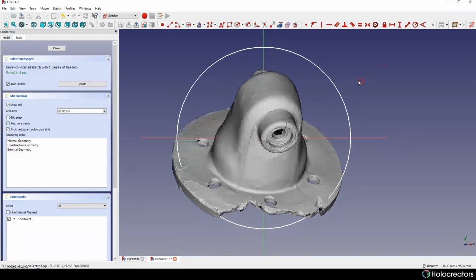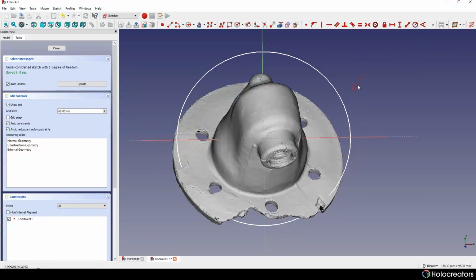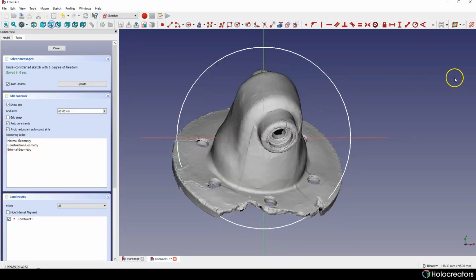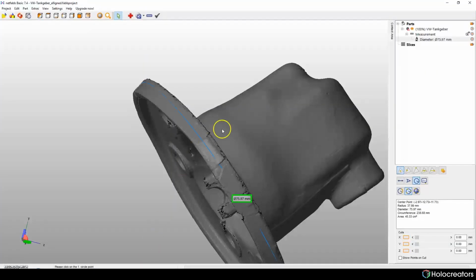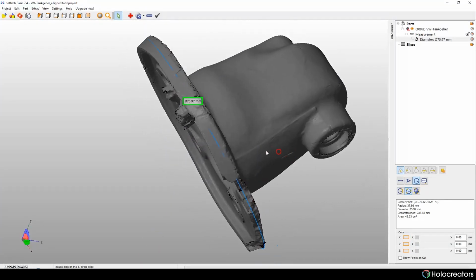After this, we have to set the radius for this circle. To do this, we press here, and then we choose our circle. We have to type here the value that we got in NetFab.